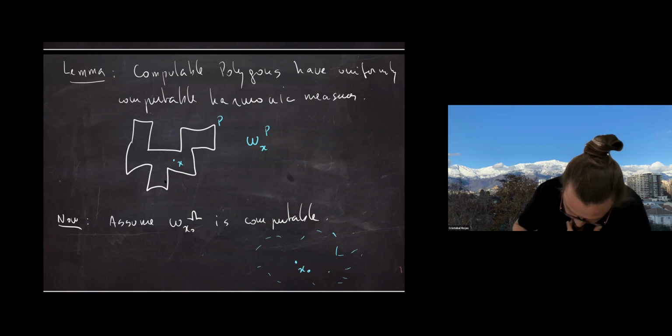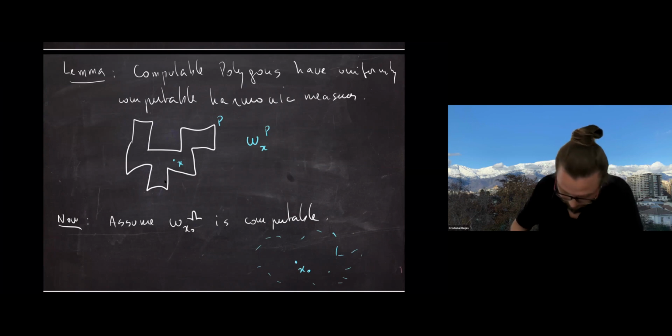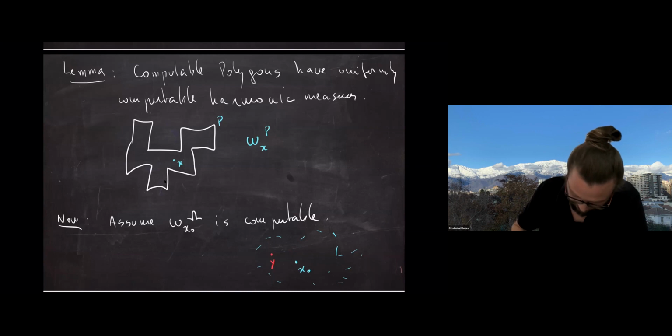And we take a different point, y, and now we want to know the probability of exiting, but starting at y. But we don't know anything of the domain except the fact that we see some parts of it with some probability. So what do we do? The idea